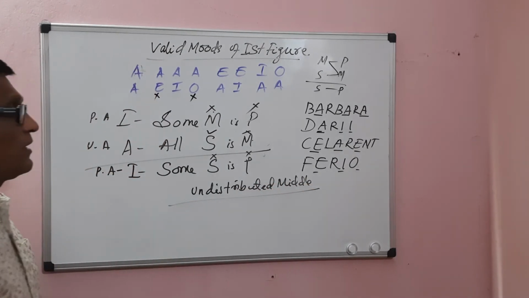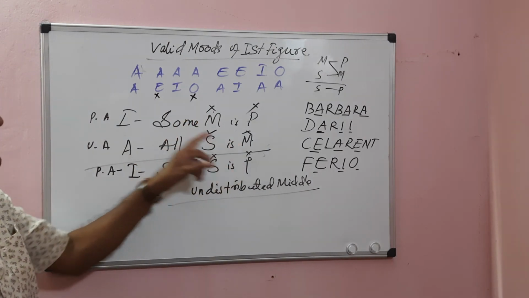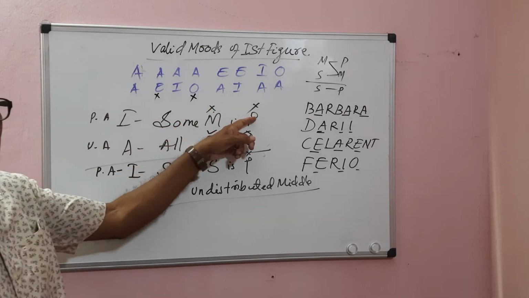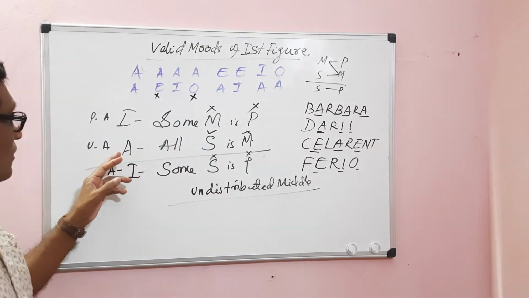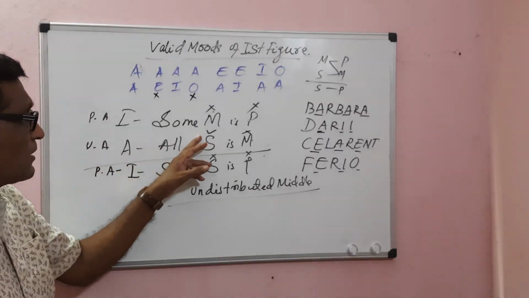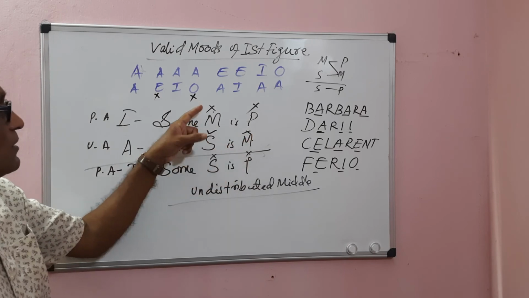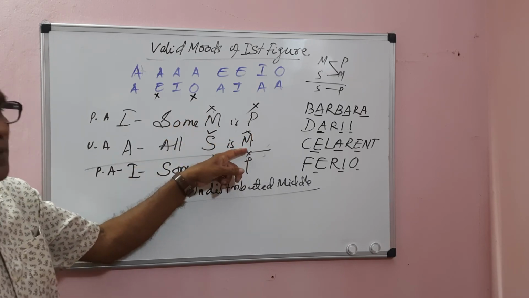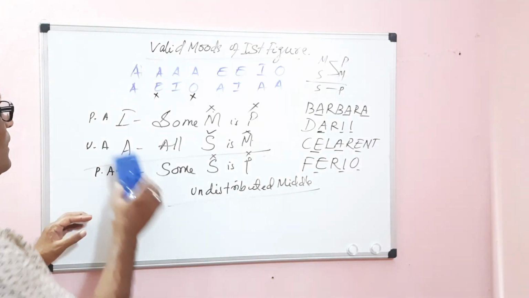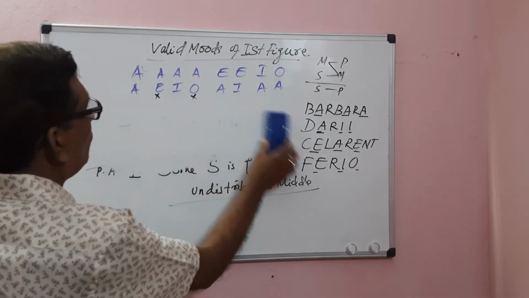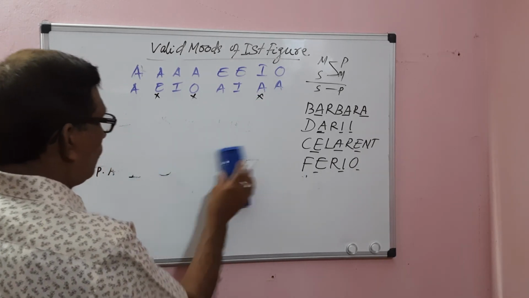This is the fallacy of undistributed middle. Why? Because the middle term is distributed neither in the major premise nor in the minor premise. In the major premise, the I proposition distributes neither subject nor predicate, so the middle term is not distributed. In the minor premise, the A proposition distributes the subject only, and the middle term occupies the predicate place. So this leads to the fallacy of undistributed middle. From IA, no conclusion is possible. Then OA.